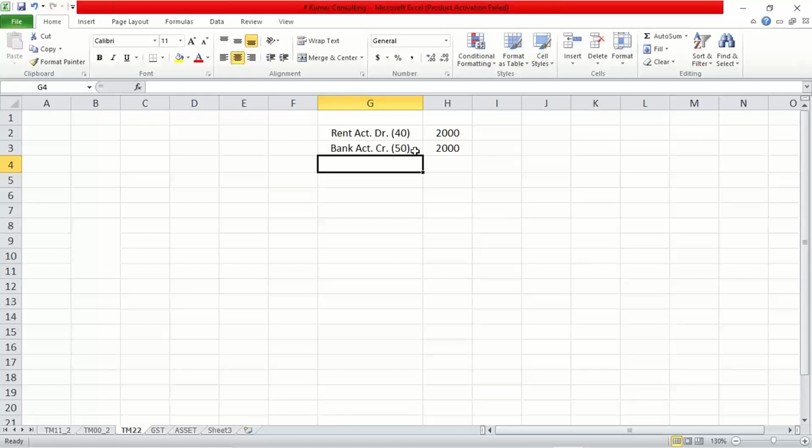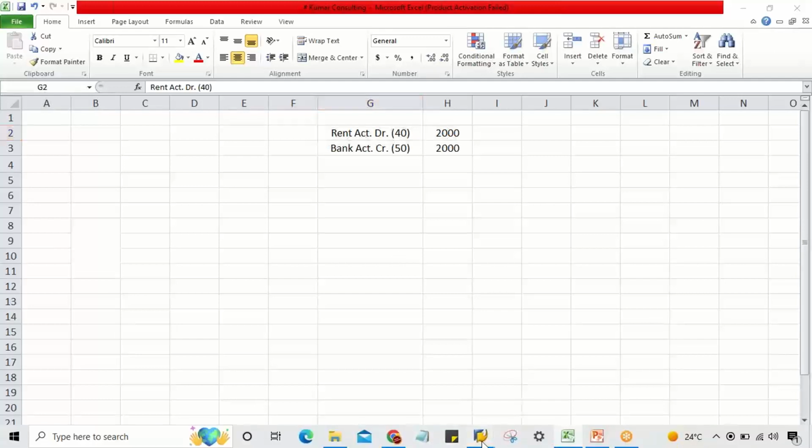So for this debit and credit, SAP says that we'll be having, for this one also there is a code. Okay, so for debit there is a code called 40. For credit there is a code called 50. So this is called posting key. Okay, posting key is going to determine the debit and credit side of transactions. It means rent account debit means we have to enter, like, let's suppose at the time of transaction posting, that also you guys will see practically, don't worry. So when you have to enter rent account, right, let's suppose,